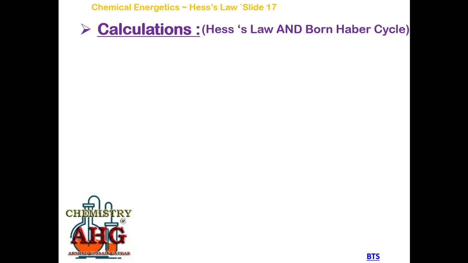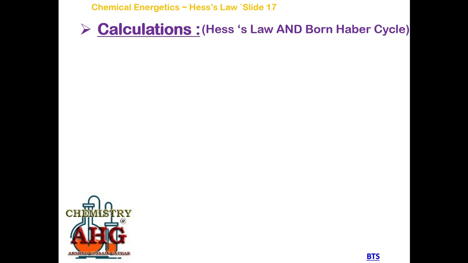Remember, there are two different types of calculations that are commonly asked based on Born-Haber cycle. Number one, about the formation of ionic compound, and number two, about the formation of ionic solution. Now in this lecture, I am going to tell you a shortcut method without using a notebook, without using a sketch, without constructing Born-Haber cycle and writing equations for Hess's law. Simply by using a calculator you can do calculations asked in your A2 exams.